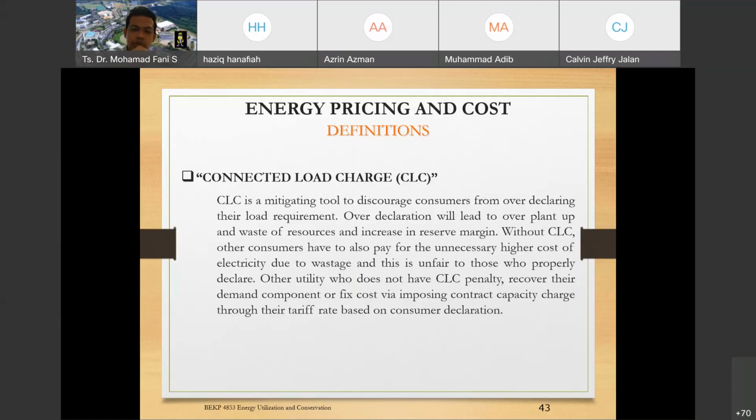So if you use fewer power than declared, you will have the connected load charge by the utility. So this one is